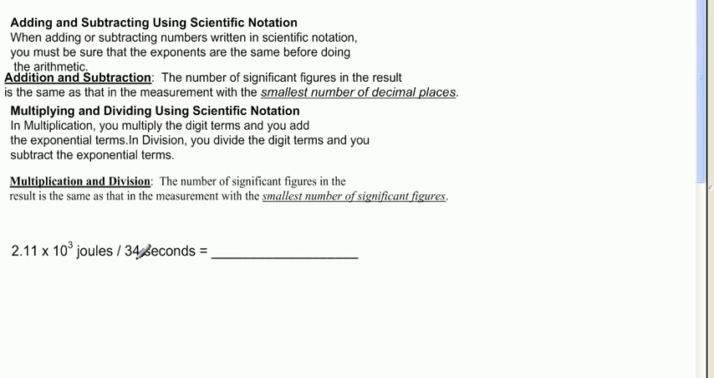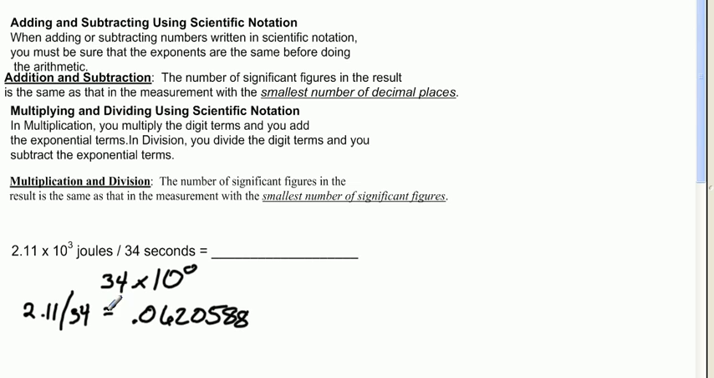Well, this number does not seem to have an exponent, but any number that is not in scientific notation can be considered 34, or this number can be considered 34 times 10 to the 0. So we do have an exponent there. So we're going to follow our instructions, and we're going to go ahead and divide our digit terms, which is 2.11 divided by 34, and that will give us